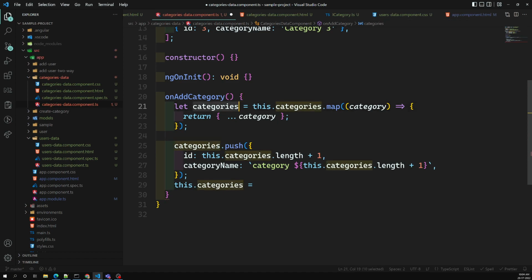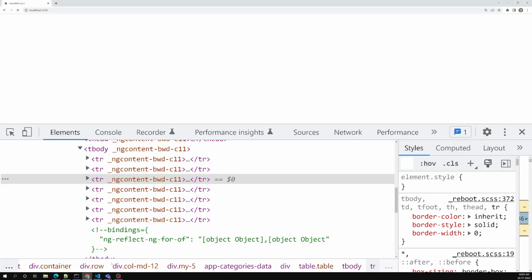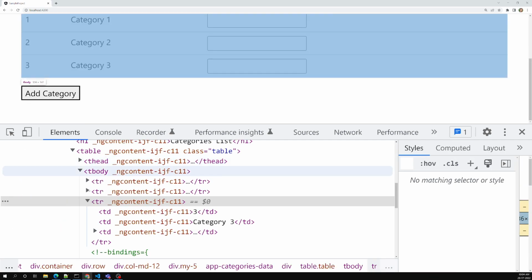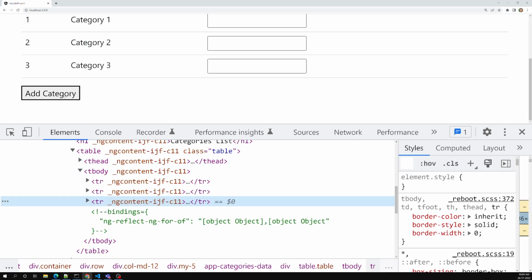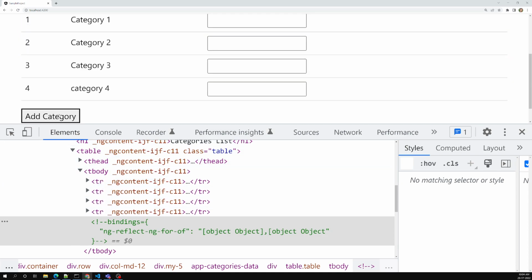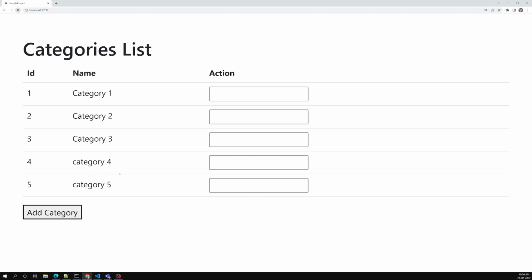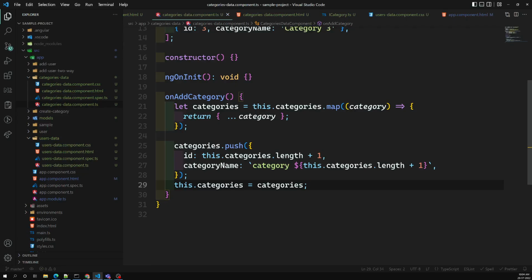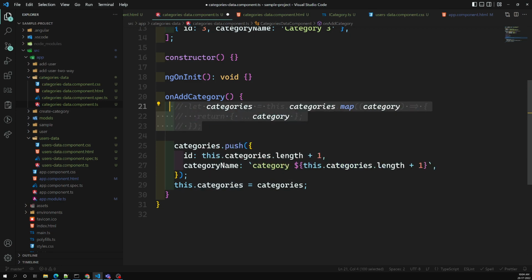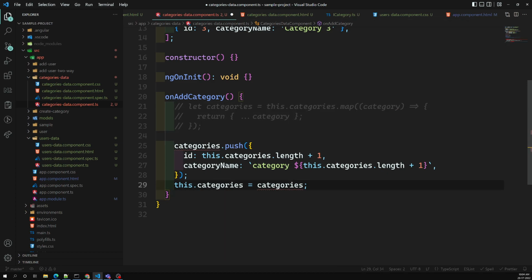I am taking one intermediate variable, doing the manipulations, and pushing the same categories, a local variable, into this.categories. Now if you observe, I didn't do anything, yet you can see the entire thing is refreshing. So for example, I will show you the scenario also. If I try to refresh it, and if I comment out this one and show it again,